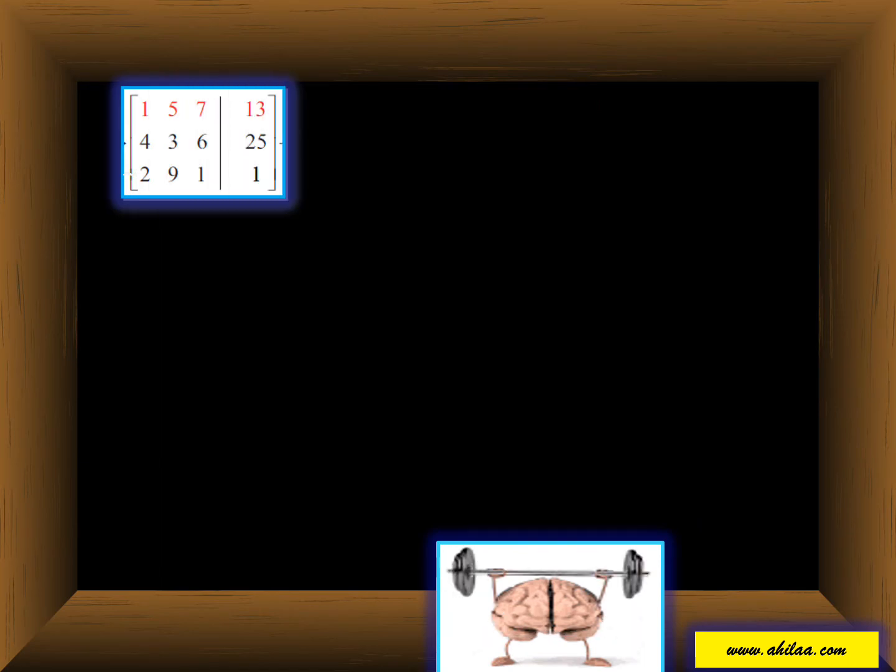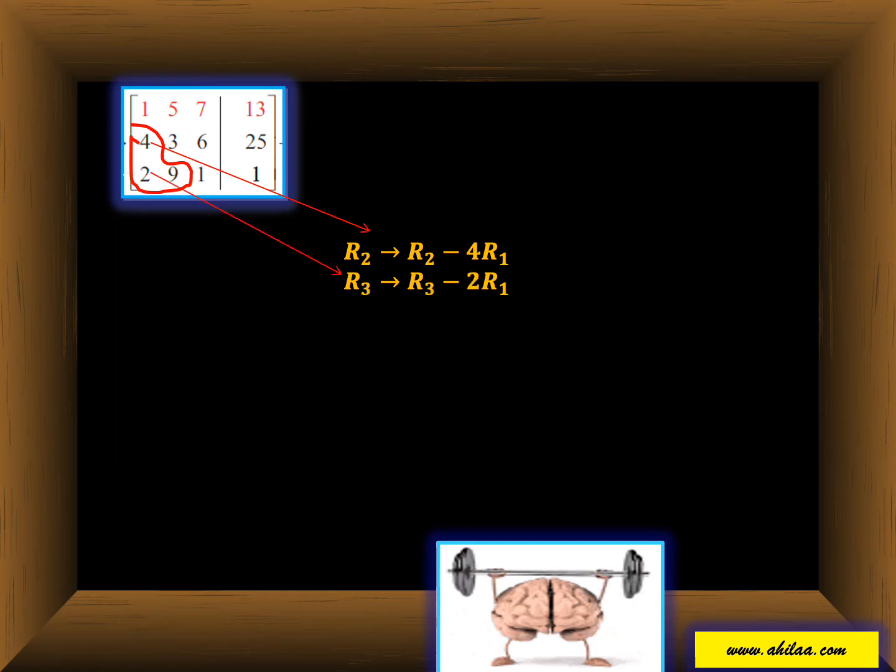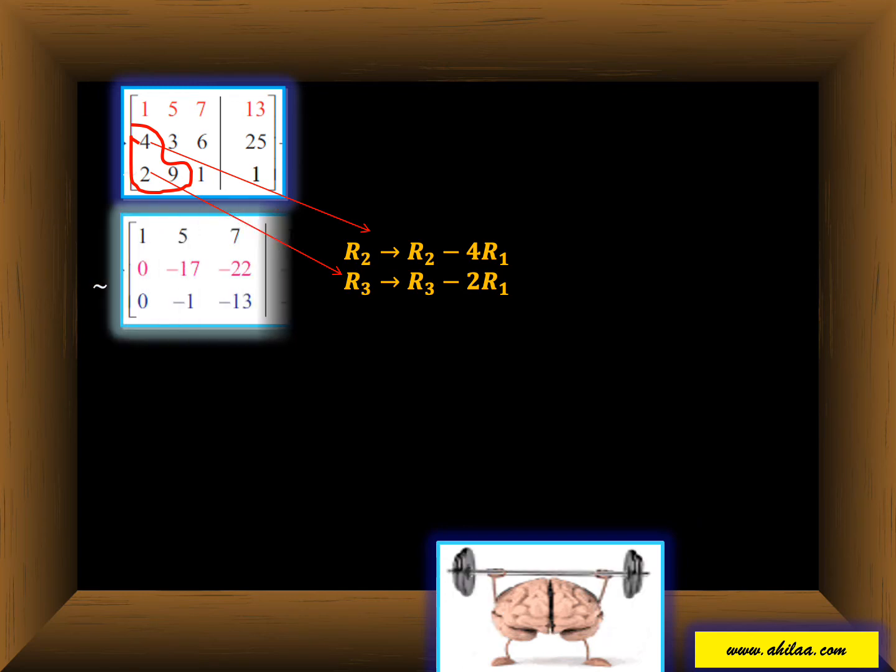Now next we need to change these 4, 2, 9 as zeros. That is our aim, to make it row echelon form. In order to make 4 as 0, I can use the first row as my operating row, that is the pivot row. So the operation goes as R2 goes to R2 minus 4 R1. To make this A31 as 0, I make the operation R3 tends to R3 minus 2 R1. So that my equivalent matrix is,